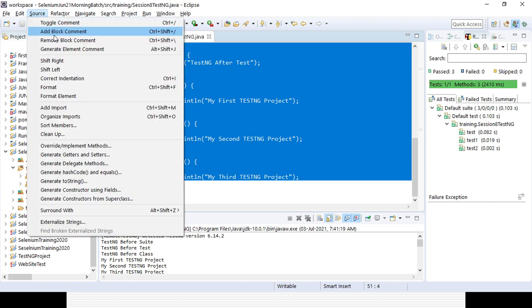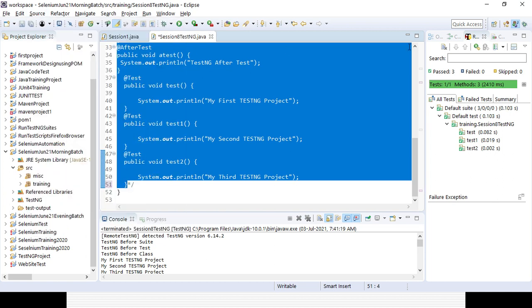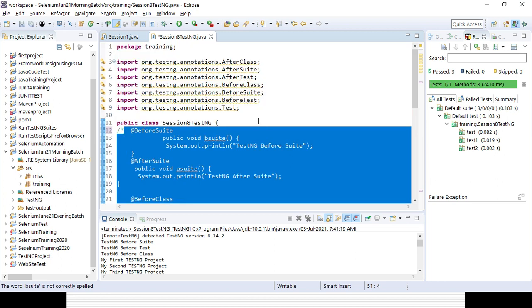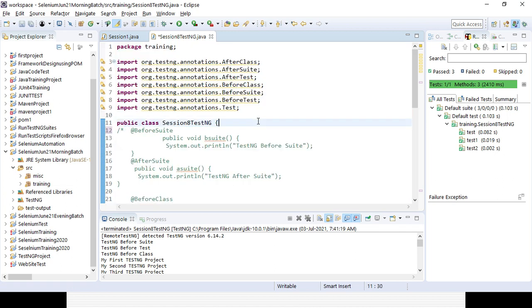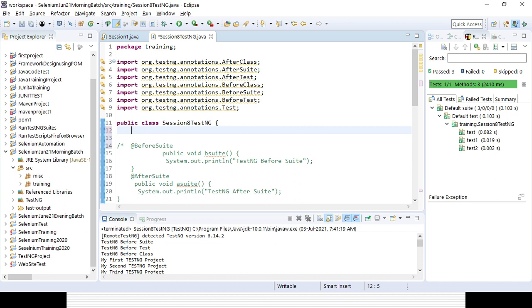Let's comment it out. Suppose you want to open two browsers as your two test cases. Suppose you want to open a Facebook page as well as your Google page in two test cases, right? So I will be defining a WebDriver, a global driver here.